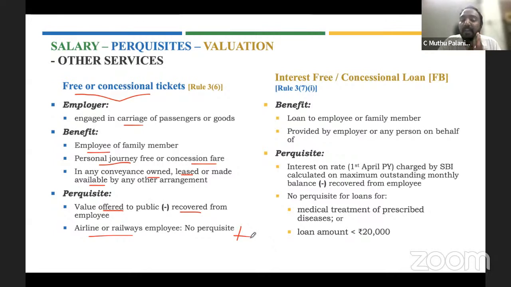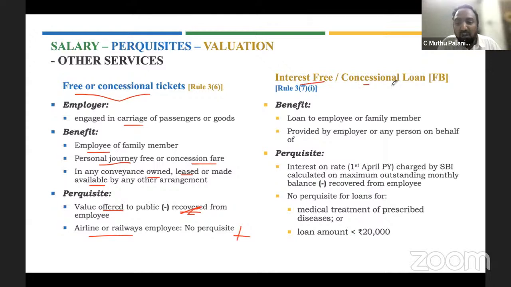What is a perquisite? Value offered to stranger, that is value offered to public, minus recovered from employee. This gives you the actual perquisite. So as you see, everywhere you will have a term which is say minus recovered. Next,